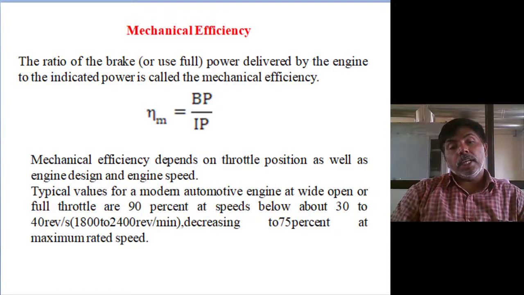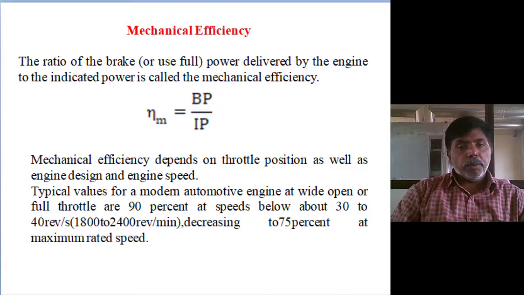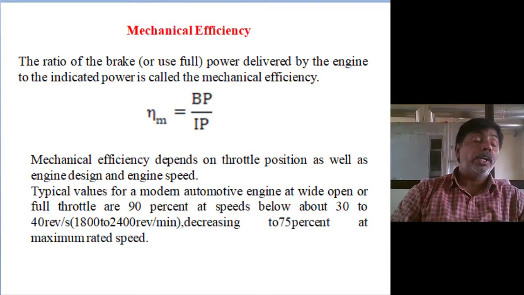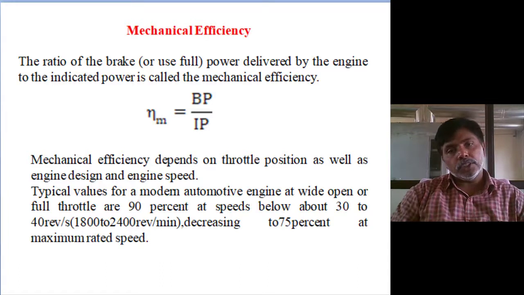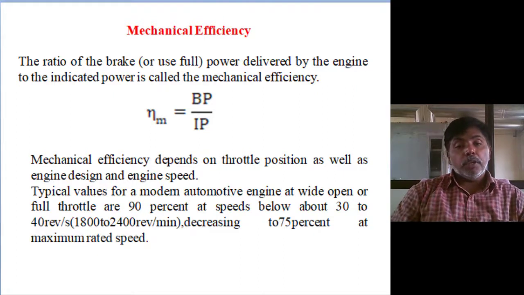So generally at normal speeds we will get mechanical efficiency for new engines up to 90. Means fuel economy range they are giving in speedometer green color. That's a normal range of speed. That speed is 1800 to 2400 revolutions per minute. There you will get the 90% efficiency. If you are further increasing the speed, the mechanical efficiency decreases to 75%. Least is 75, highest is 90. 100 is practically not possible. Some of the energy must be lost due to friction.